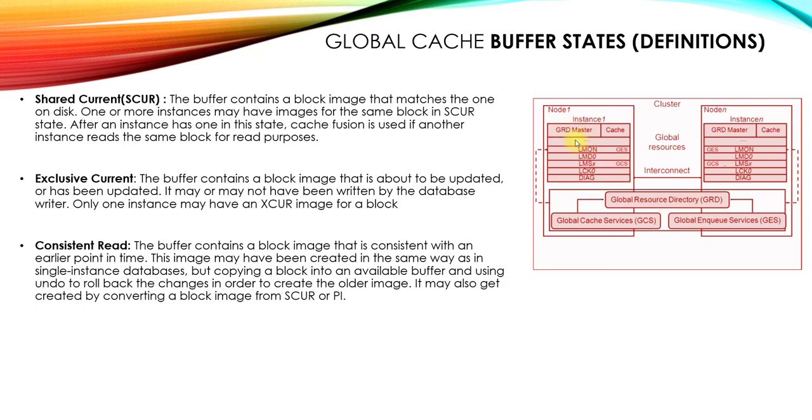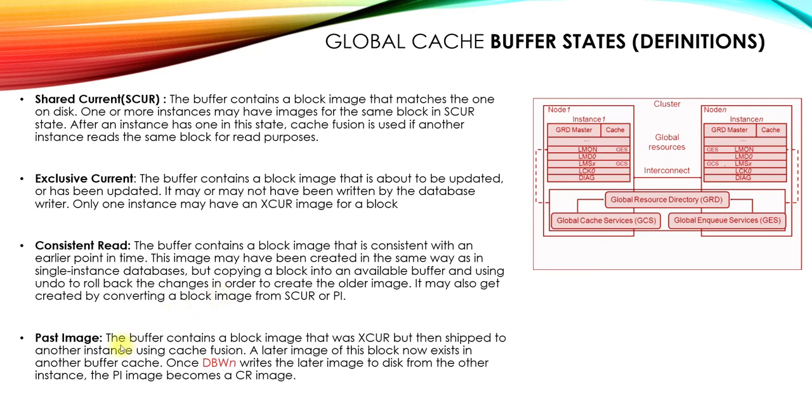It's an older block. It's not current. You cannot call it current. That's how the blocks are stamped, and this is how the system change number works. Now the system change number becomes 11. The system change number here is 10. So during recovery, Oracle will find out which one is the exclusive current, which one is the latest block which has all the changes, and that is how it recovers, does the undo and the redo.